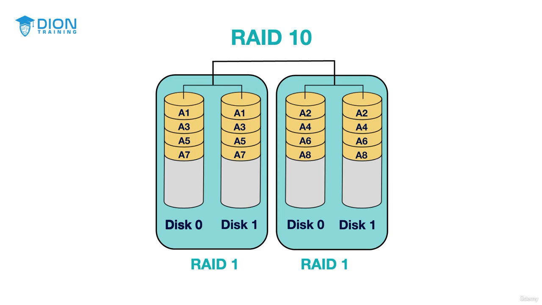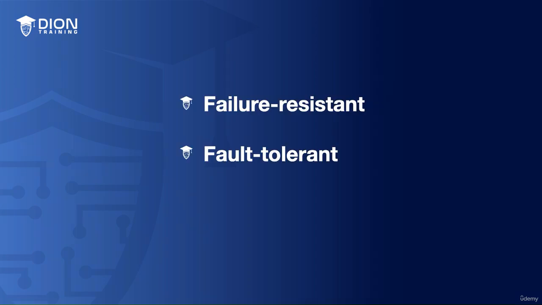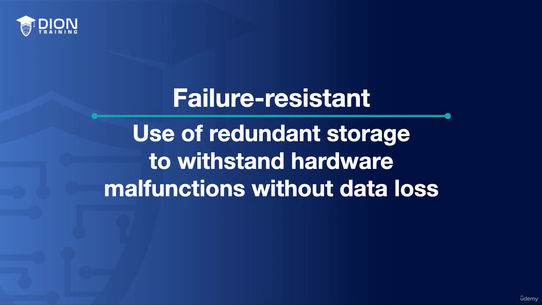so you'll want to replace those failed storage devices as soon as possible. Now, when we talk about the classification and categorization of our RAIDs, we call these either failure-resistant, fault-tolerant, or disaster-tolerant. Each of these terms describes a level of resilience that a RAID system can provide against data loss and system downtime. When we're dealing with failure-resistant systems, these are systems that are designed to withstand certain hardware